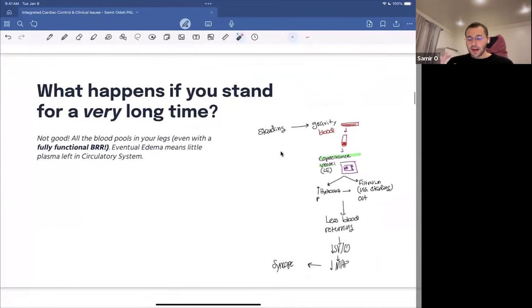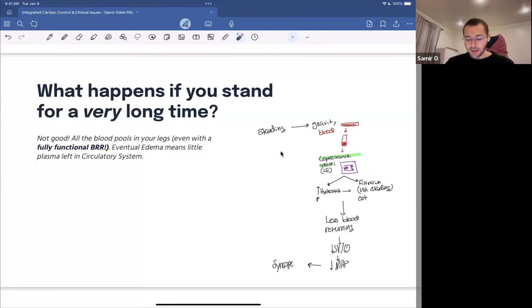Now, let's think of what happens if you stand for a very long time. So imagine you're standing, you're queuing up for something. Maybe it's like this new, very famous coffee shop that everyone's going to, and you made a horrible decision by actually queuing up. Now, what happens is, again, like we said, that baroreceptor reflex has a main caveat, which is it only works up to a certain point. If all that blood is still pooling into your legs, into those very welcoming capacitance vessels, you're eventually going to run out of blood in your actual